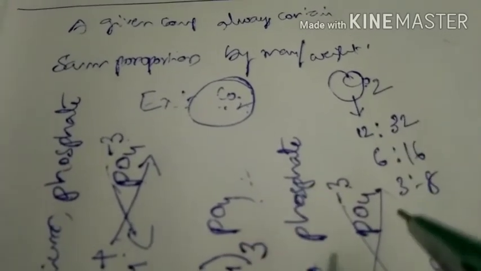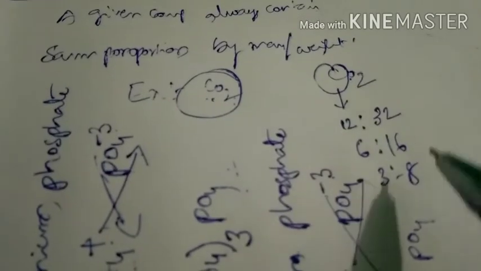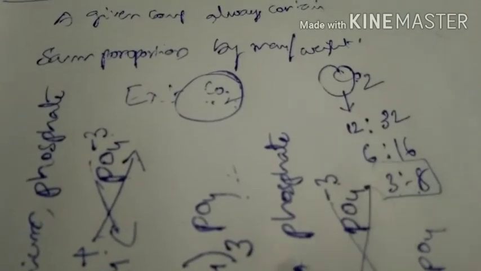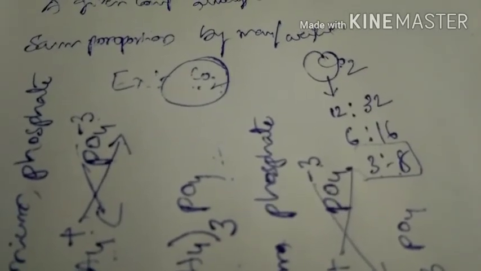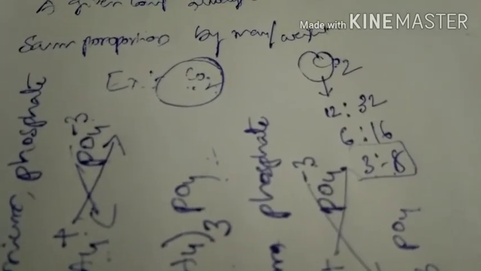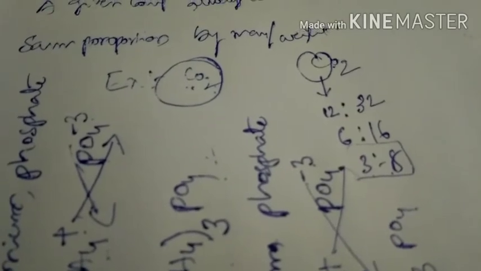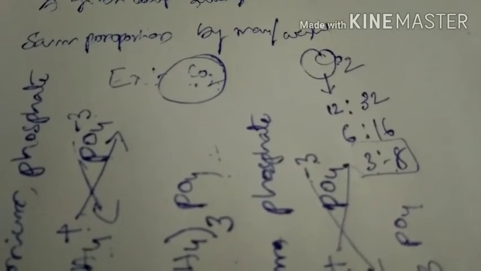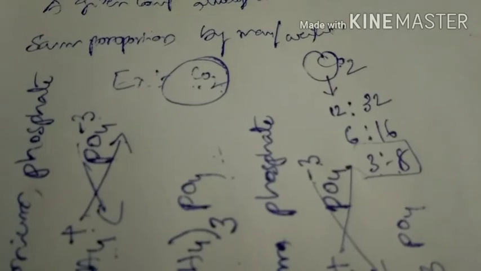What is the meaning of this point? If carbon dioxide occurs in nature, its weight ratio is 3 is to 8. Just remember that point. Now we will discuss one more point regarding this. We can make carbon dioxide industrially. We can get carbon dioxide naturally, and we can make carbon dioxide industrially.